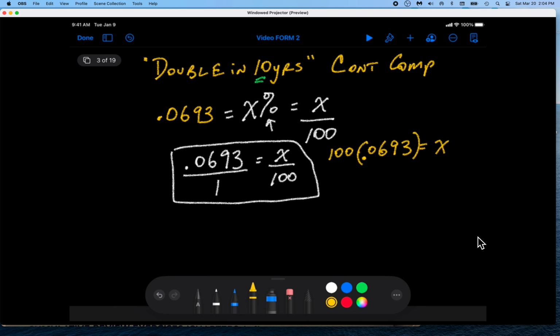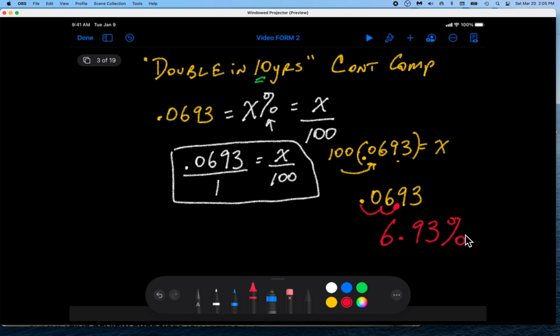Okay, so we're going to multiply 100 times this number. By definition, the number is going to get bigger because you're multiplying by 100. We're going to move the decimal point to make this number bigger. So the number is going to go from 0.0693. We're going to move it twice because there's 2 zeros in 100, and you have